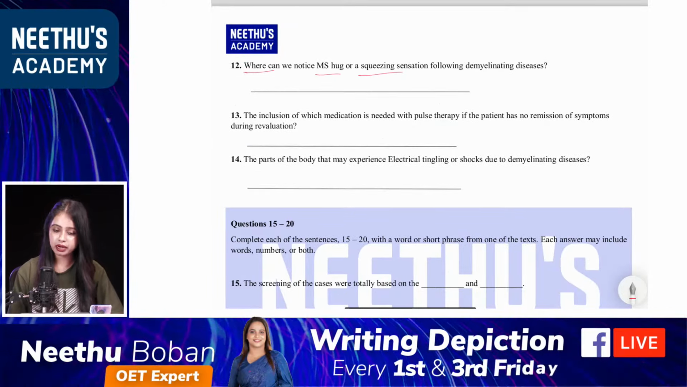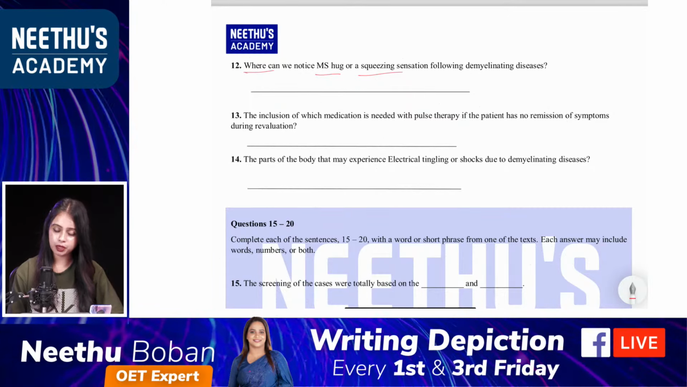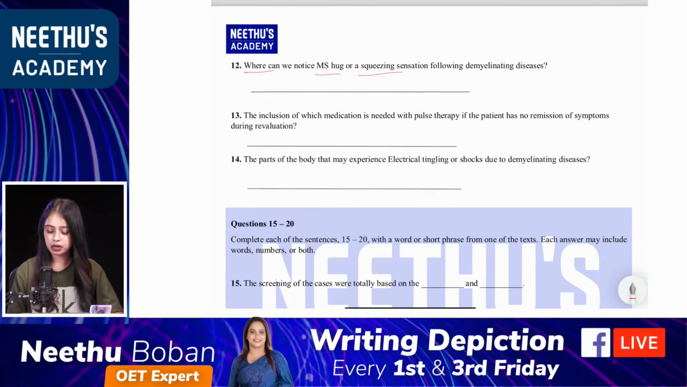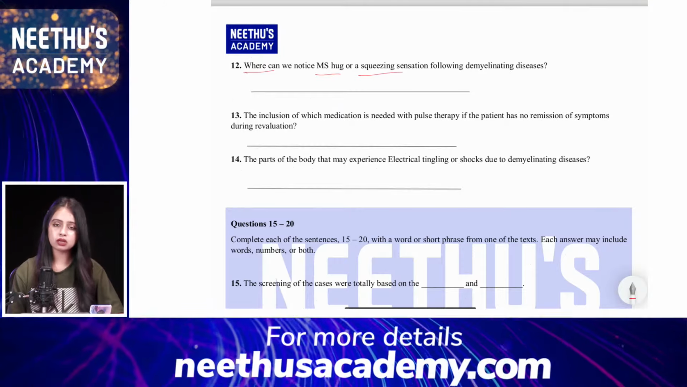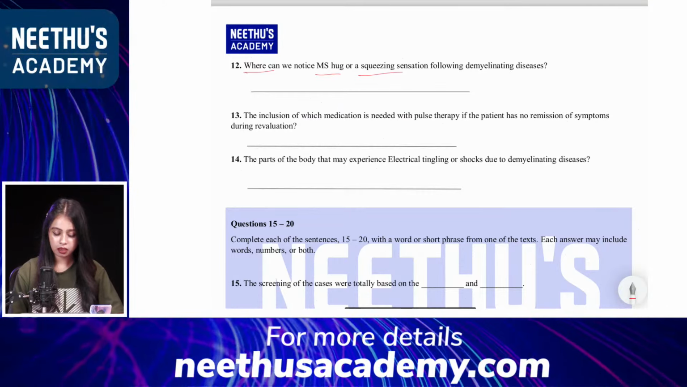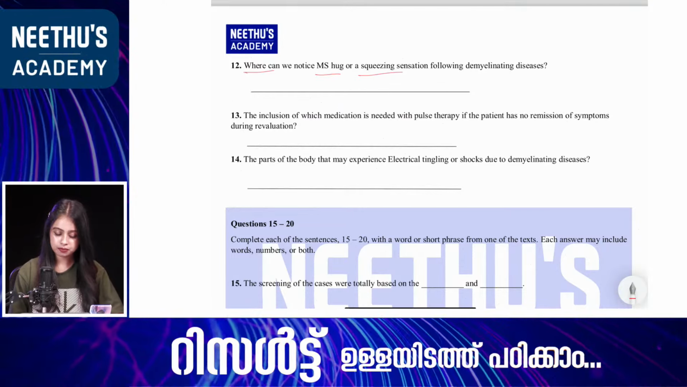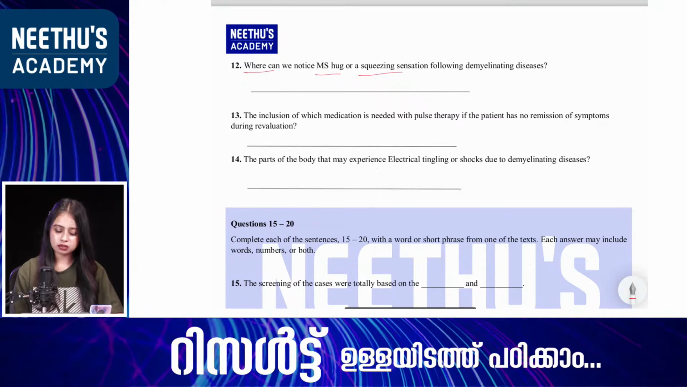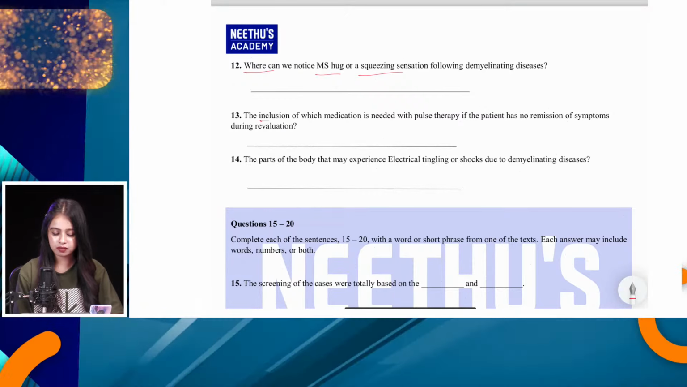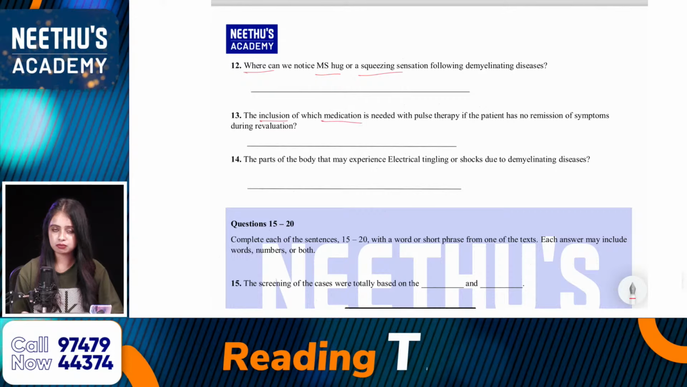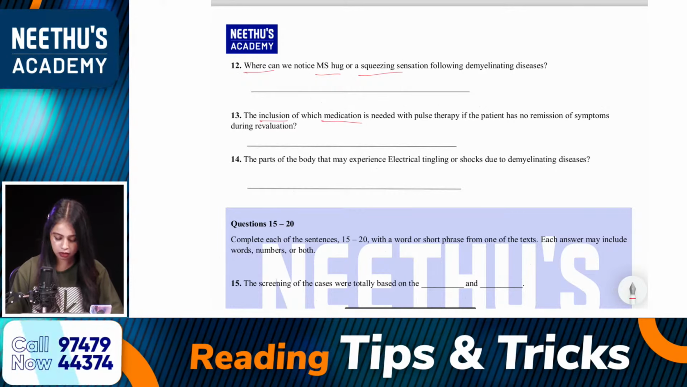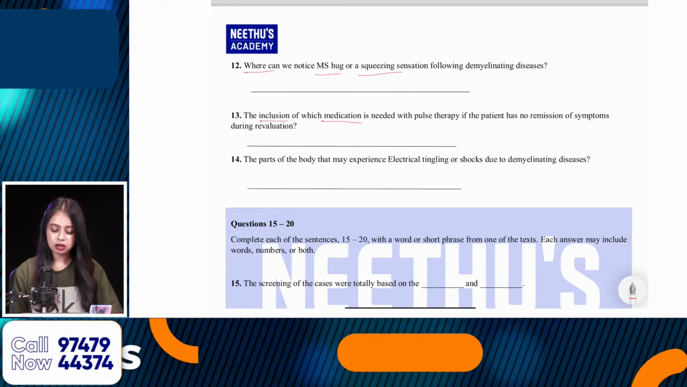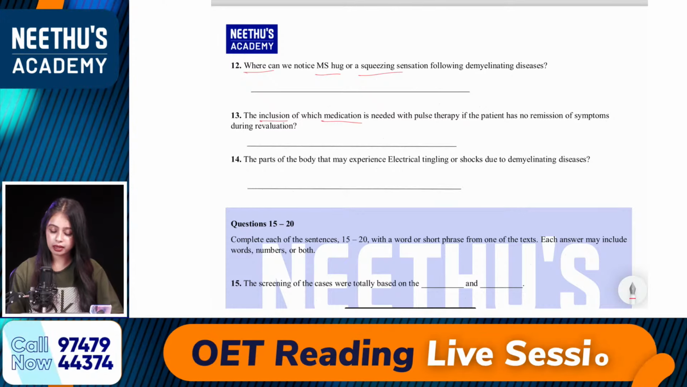The inclusion of which medication is needed in the pulse therapy if the patient has no remission of symptoms during re-evaluation? Okay. So what is the correct answer? Again, a very lengthy question. So my keywords: inclusion, medication. You need to understand which medicine. Okay, either medicine or none. So inclusion, medication, and